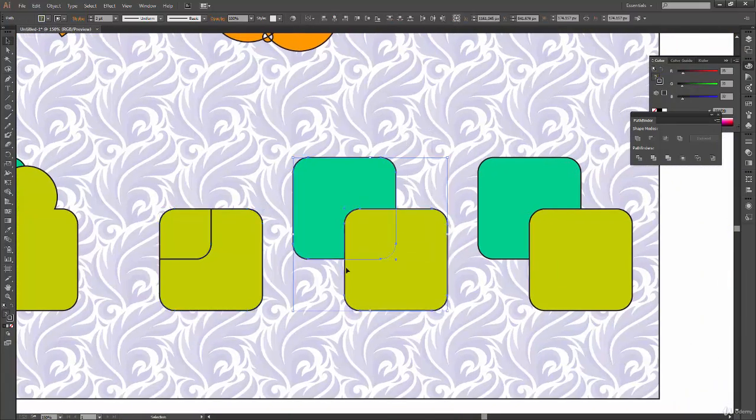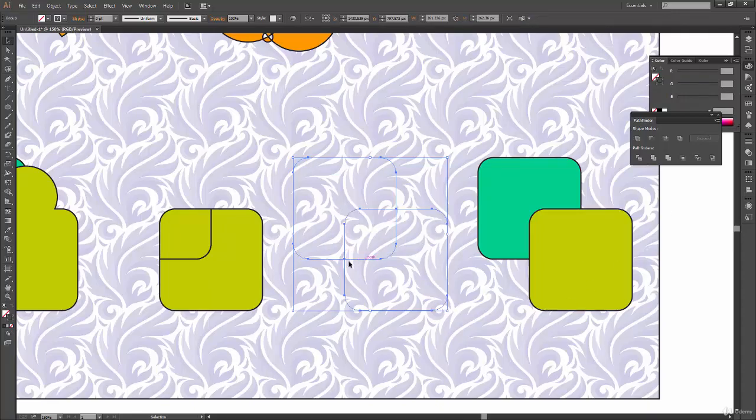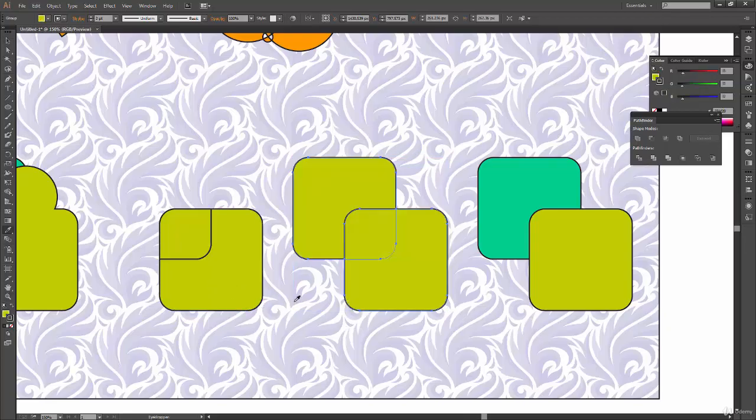Now the next operation we are going to see is the outline option. So select these two shapes again, click on this outline icon over here, and here I have all those outlines removed. So the outline operation doesn't mean that it will remove all the outlines. It has done something else, and we will see what it has done. So let's again pick an eyedropper tool, fill some color inside this by clicking on any of the shapes around you, and I think green would be better.